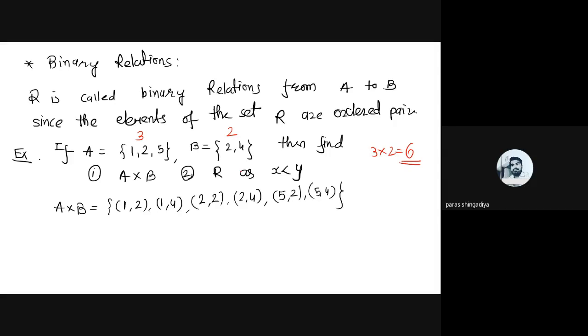Six pairs you can define in A cross B. If three elements were given in B, then you could define 9 pairs. Clear? So here it is the 6 pairs as per this data: